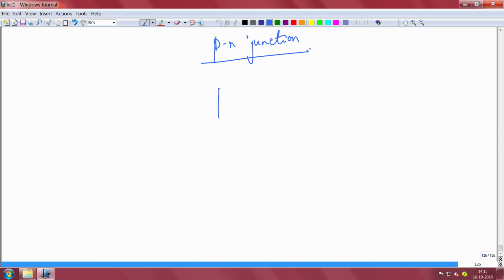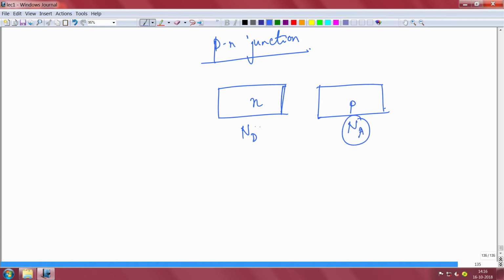You, for example, take an n-type material. Suppose you take an n-type material. There will be a majority of electrons here, right? And then suppose you take a p-type material, right? You take a p-type material, so you're doping it with acceptor density, some doping is there, and consider these are